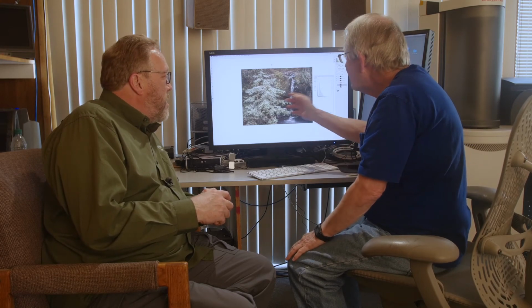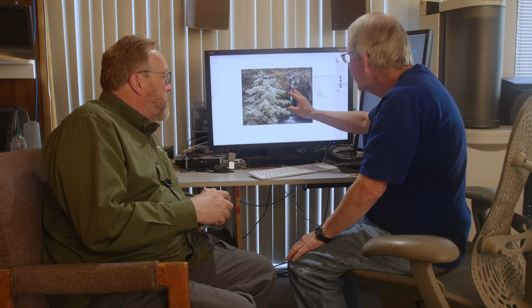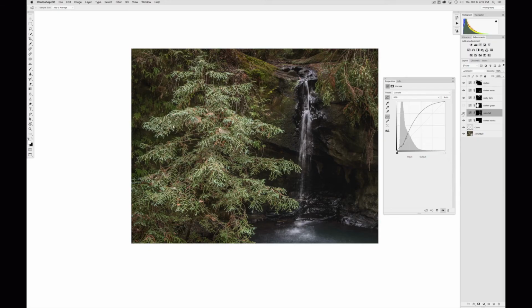That big green tree on the left was really hitting us hard. Yeah, I mean, it looks fine, but I think it's kind of stealing the show. So I want to darken it down. And so what I did here, and I can't show you the before and after, is I made the curve even stronger. That's a pretty exaggerated waterfall curve. Yeah, let me turn it on and off. So we really popped the water now. But I think in the print, if you see it before and after, you think that's going to be phony. No, but I think it reads very nicely. Yep. So to